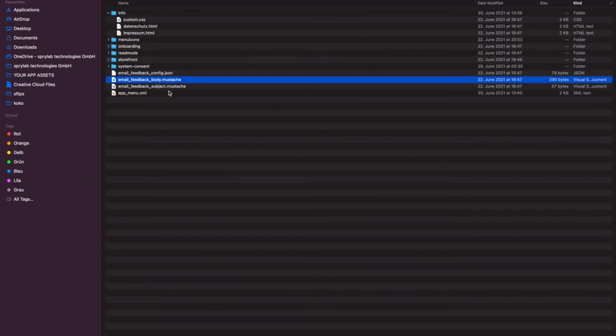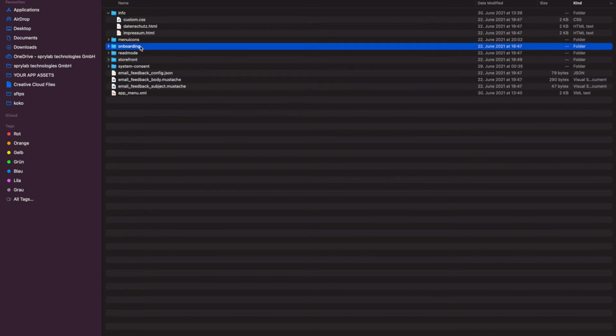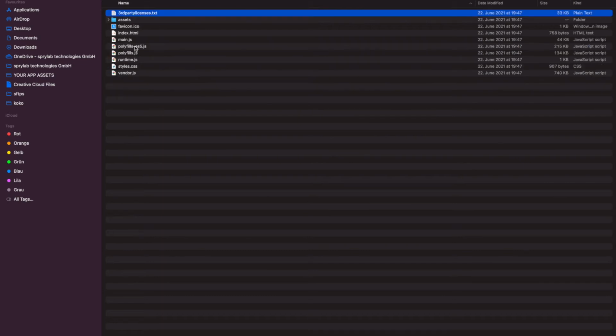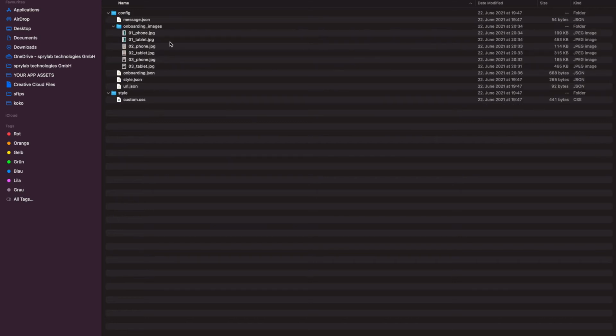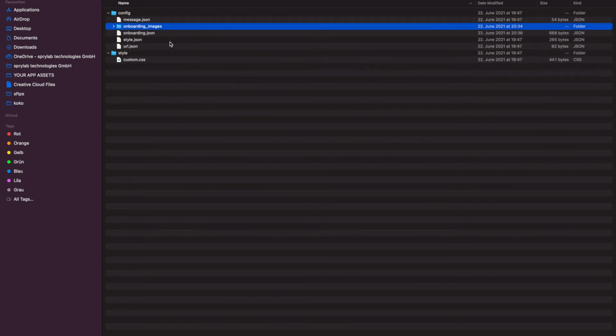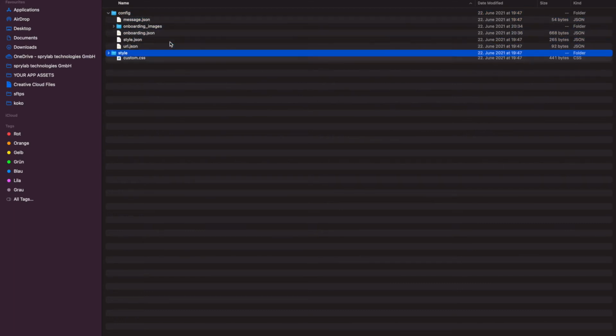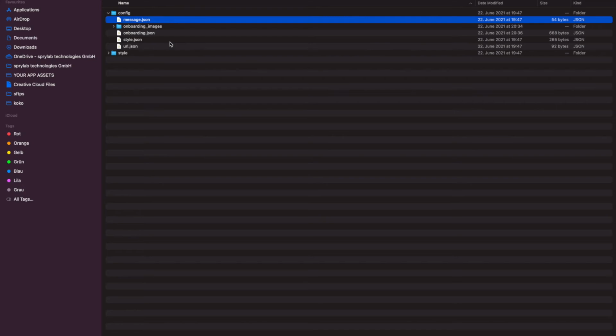Here, if we go to my default folder, you will find the onboarding right on the root level here. And if we enter this, please just make sure to go into the assets folder right away, because the rest of it is not relevant for editing everything. So the first thing to edit is the message JSON. If you open that one,